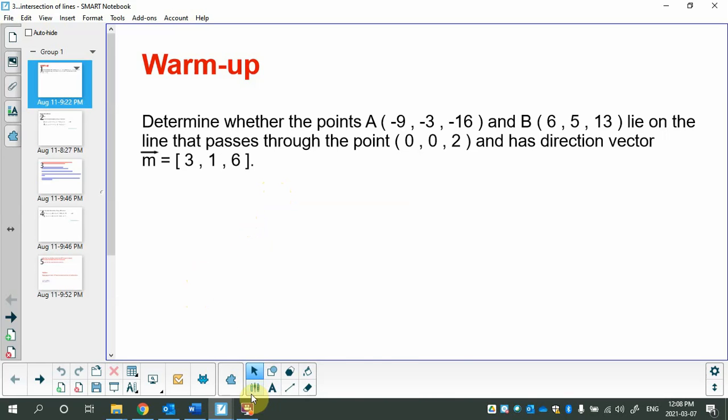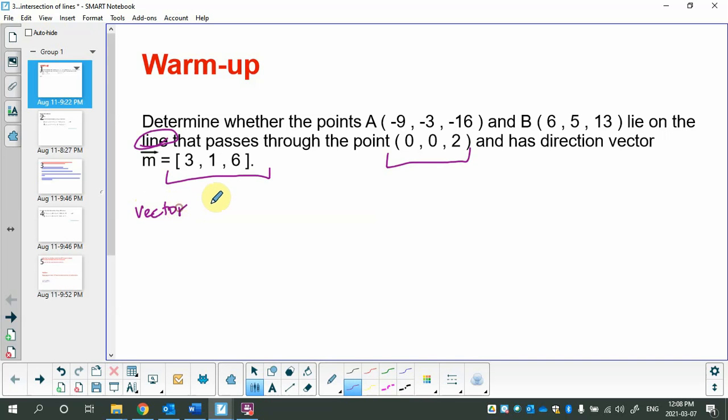All right, so my go-to for each question, especially since I'm given a point and a direction vector, and I'm talking about a line, is to make myself a vector equation. Now, that doesn't mean I'm going to stop after a vector equation. That just means I have the info to make one. So vector r, or xyz, in 3-space, is equal to the point (0, 0, 2)